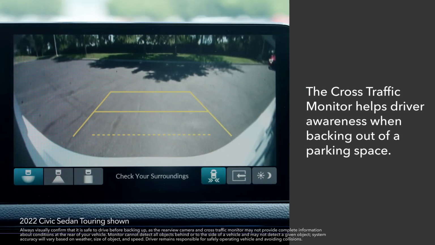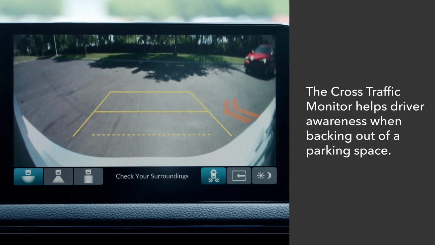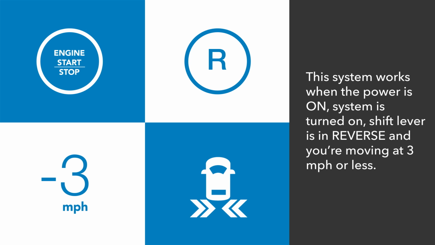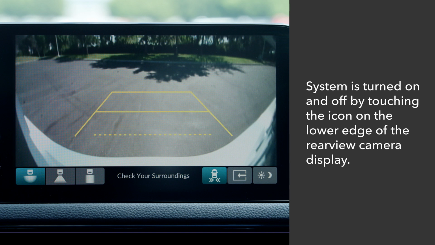The available cross-traffic monitor helps elevate driver awareness when backing out of a parking space. The system activates when the power is on, the cross-traffic monitor is turned on, the transmission is in reverse, and you're moving at 3 miles per hour or slower. The system can be turned off and on by simply touching the cross-traffic monitor icon on the lower edge of